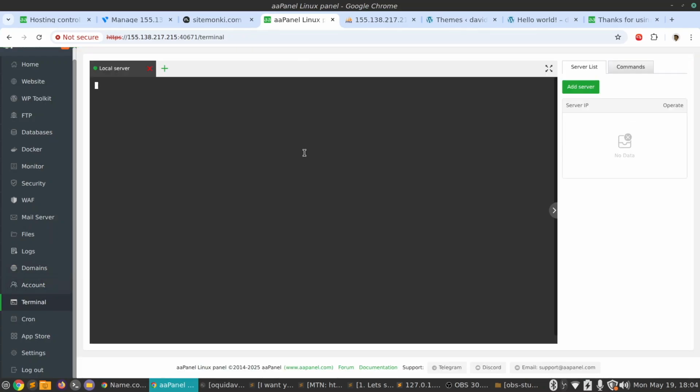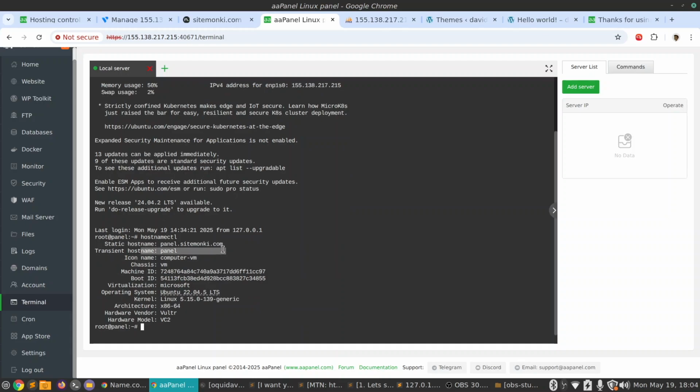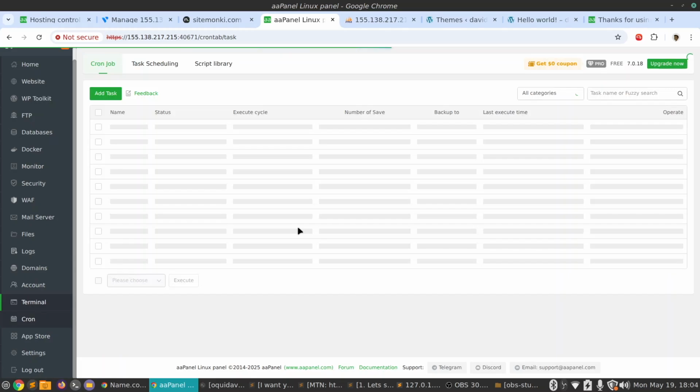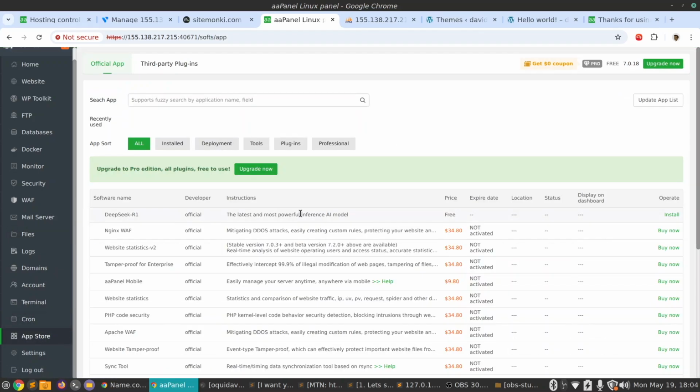Then we have a terminal application here, web, so you can just run commands through the web interface here, right? So hostname CTL, for example, and it gives us the same thing. Okay, so that's good. Cron, these are cron jobs. I think you can add cron jobs here. You can see cron jobs that are going on, and then you have the app